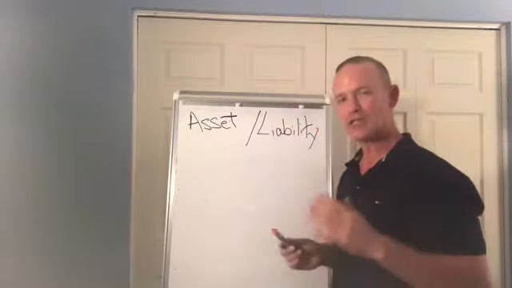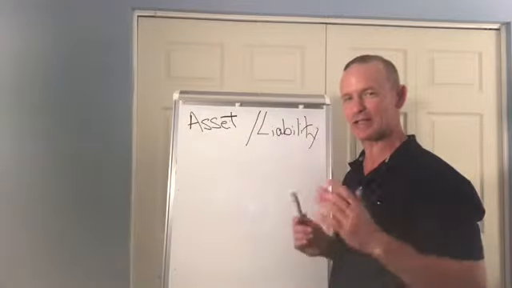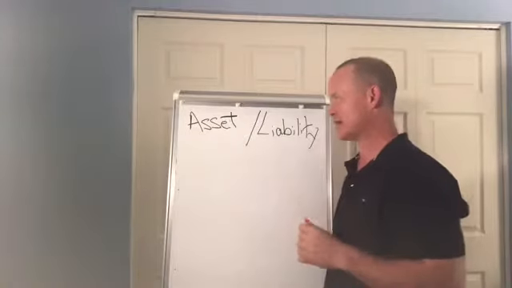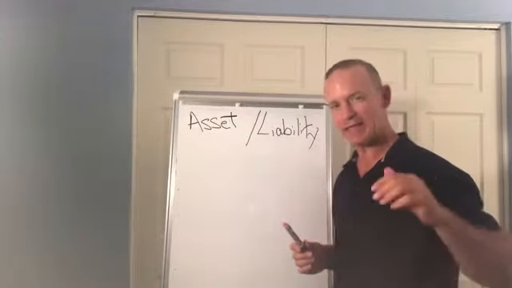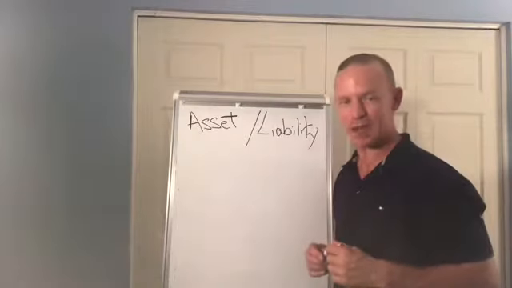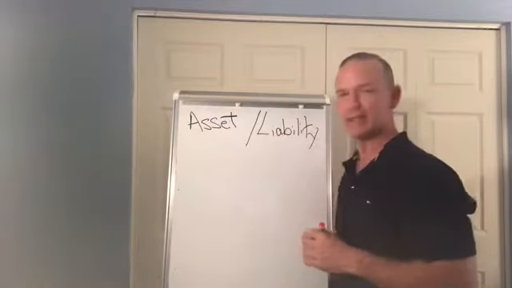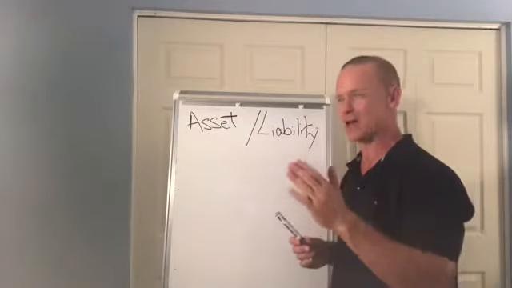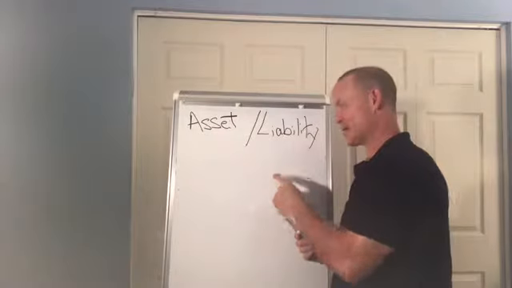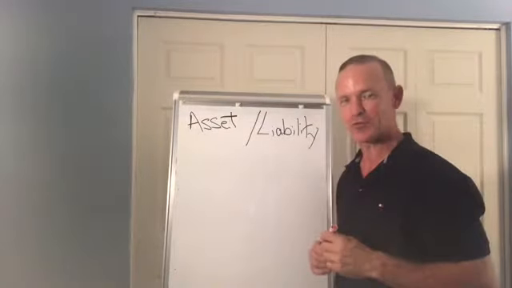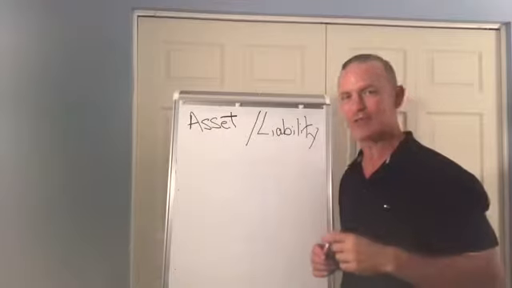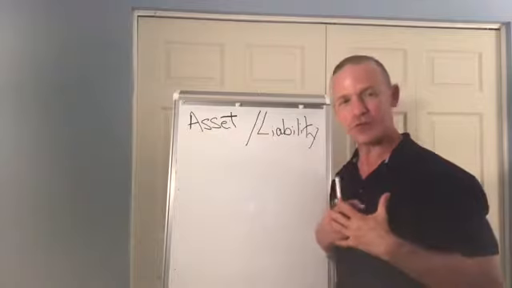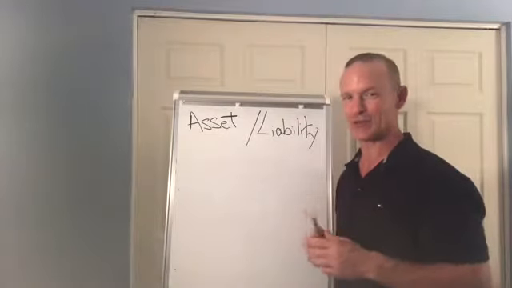And we just go through different scenarios and we try to decide, is it an asset or a liability? And just for a definition, an asset is anything that's going to put money in your pocket, and a liability is anything that's going to take money out of your pocket. So very simple, black and white. In your pocket, out of your pocket. You can go back and forth with your children, and it just starts them thinking in a different type of mind, gives them a different type of perspective. And for us too, as their parents, it certainly has helped me.